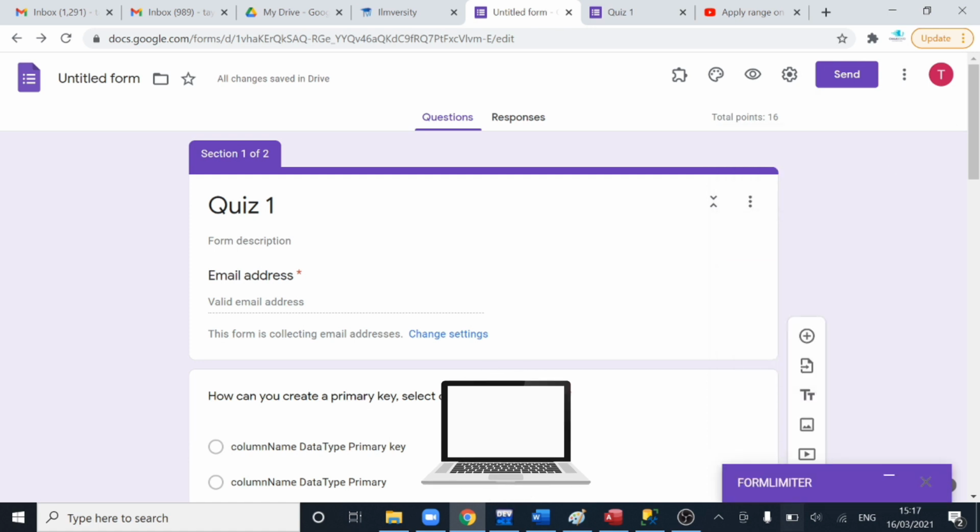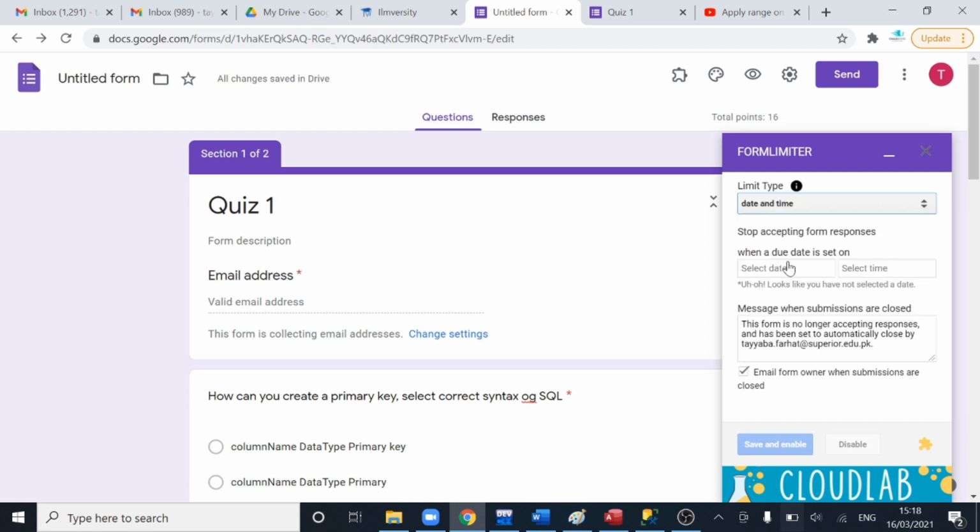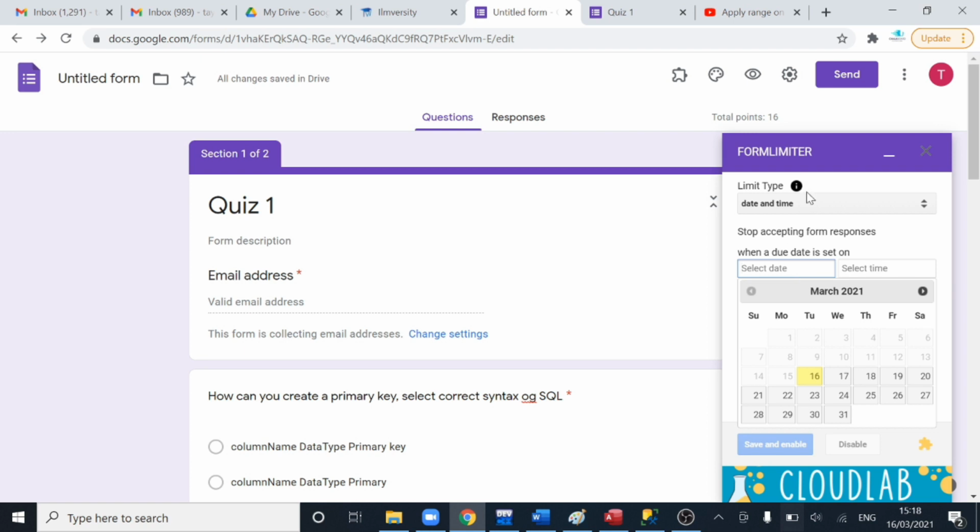You can choose a date, and after choosing the date you can add the time you want your quiz to be closed. You can do this manually as well, but I recommend doing this using the add-on so you don't miss it. Sometimes what happens is we forget to stop accepting responses for the form, and students keep answering the questions. But remember one thing, when the timer is up, none of the work of the student is going to be saved automatically if they are in the middle of the quiz.